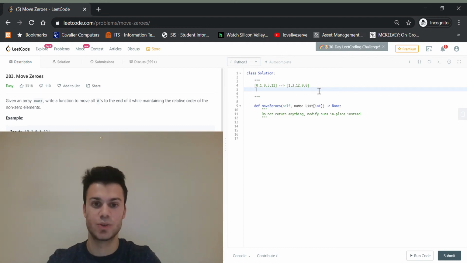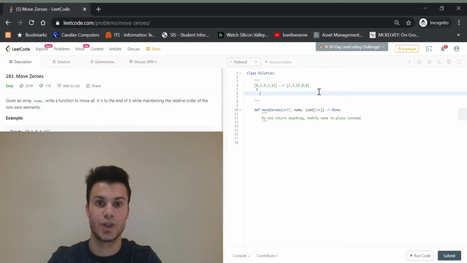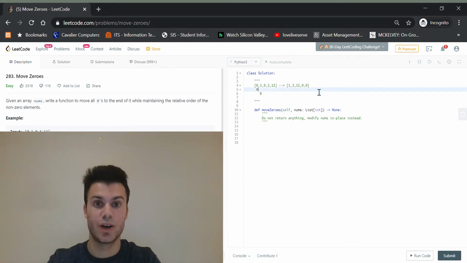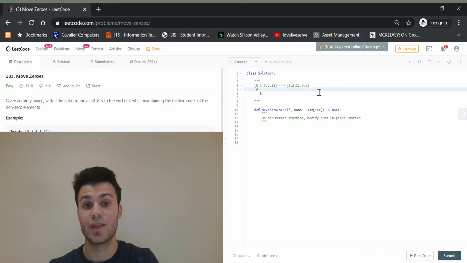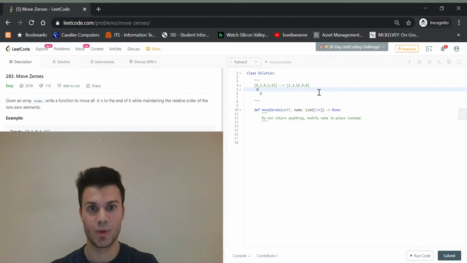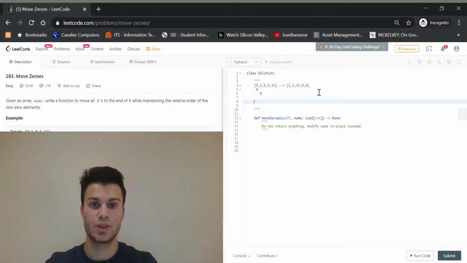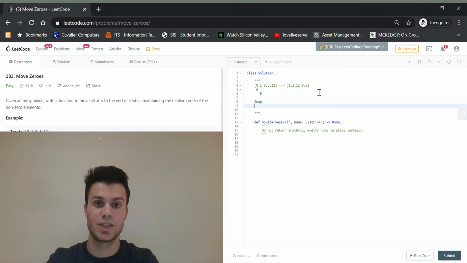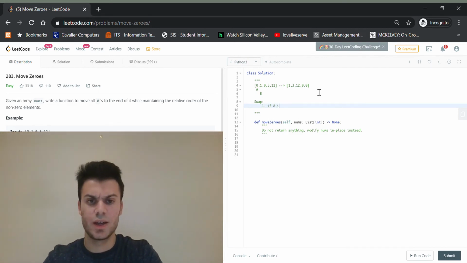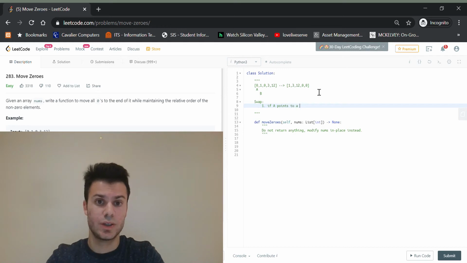The way I want to do this would be increasing. So I'd put 2 pointers on the first and the second index, and then I just push these through the array, swapping the zeros with the non-zero values, and then incrementing forward. In order to do this, we need to think of our swapping conditions, and we'd only really have one: if A points to a 0 and B points to a non-zero value,